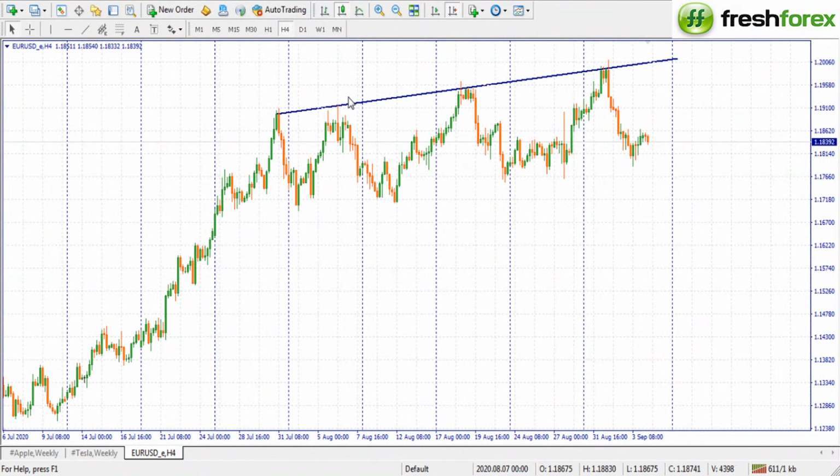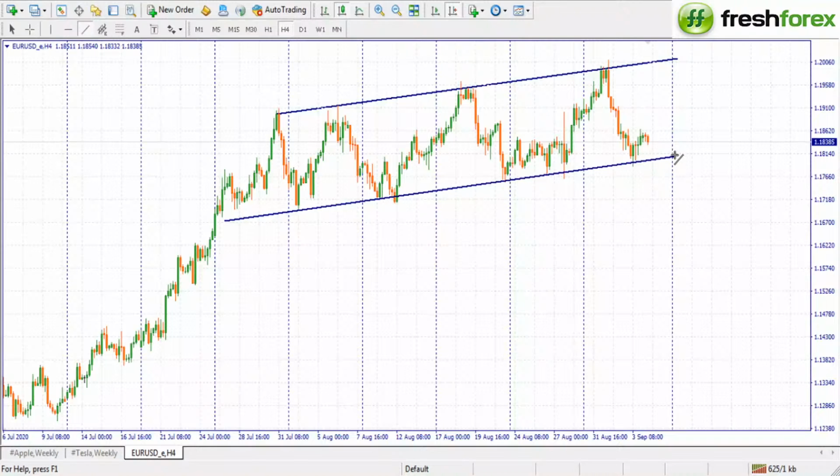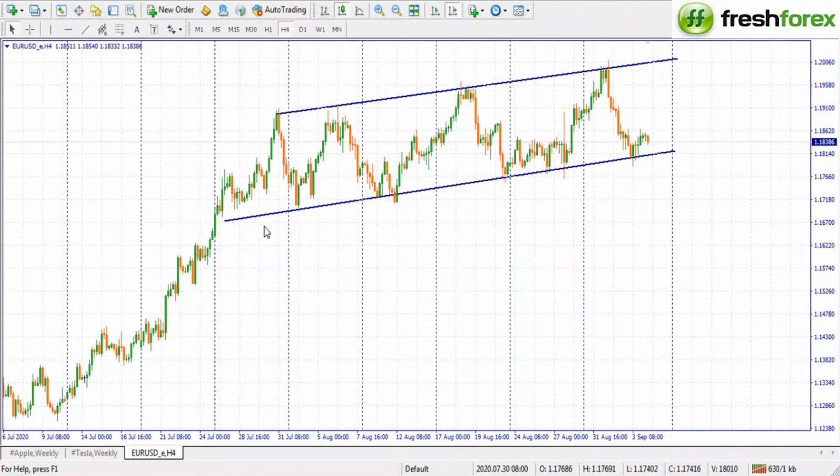We have a resistance, and on the lower side we have a very good support. The support has been holding from 31st of July. We had a support here, and we had several supports here. So if the price can come back to this level here, then this will be the correct place to look for